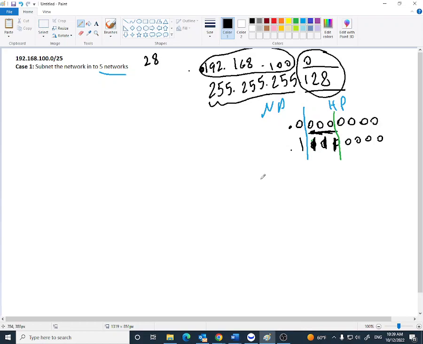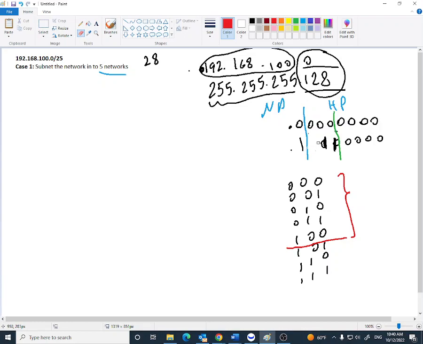Now, because I have 3 bits, I can get 8 different networks. I only need 5, so I have to list all the different possible combinations for those 3 bits. Since I know I will have 8 networks, I'll go 0, 1, 0, 1, 0, 1, 0, 1. Then 0, 0, 1, 1, 0, 0, 1, 1. Then 0, 0, 0, 0, and then 1, 1, 1, 1. As I said, because I only need 5 networks, those are going to be my 5 networks. What I need to do after that is simply